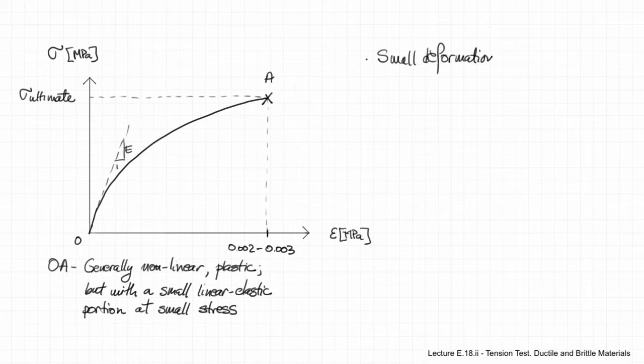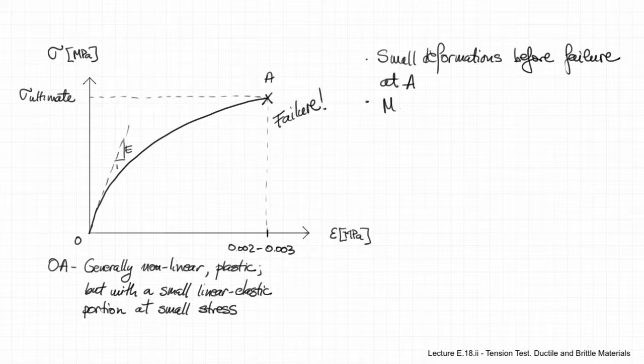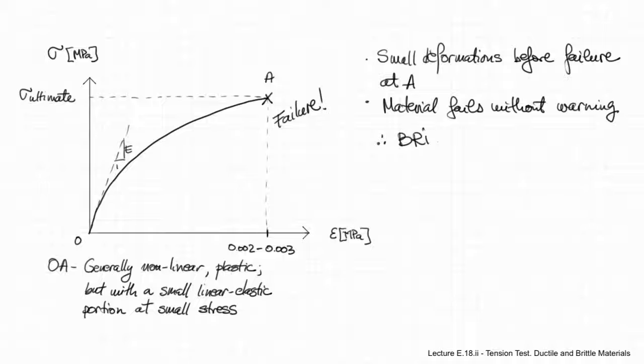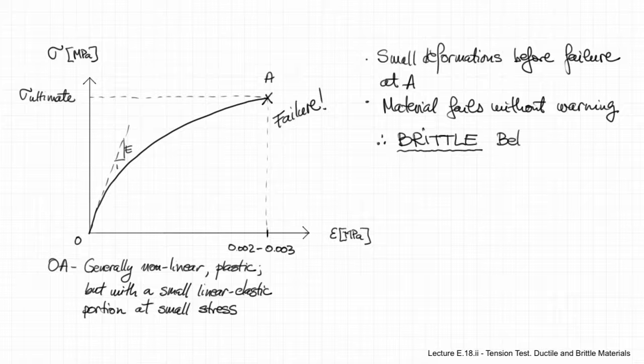What is typical for this type of curve is that this material experiences very small deformations before failure, and hence the material will fail quickly without any warning. This is termed a brittle behavior and is not as beneficial as the ductile behavior because it does not give warning before it fails. Some of these materials are, for example, concrete, cast iron, stone,